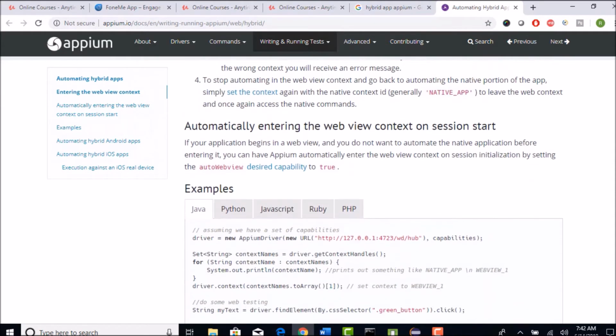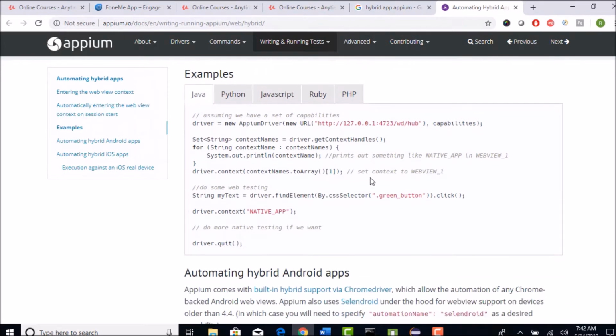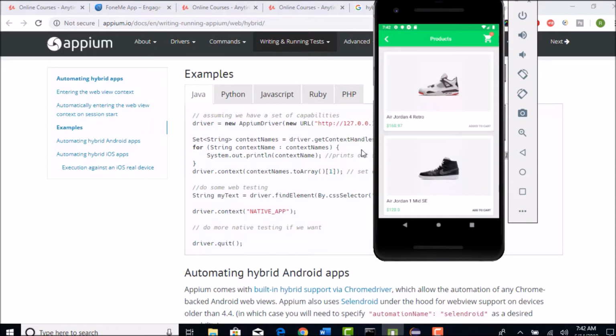Okay. So here with Java, you have a method called getContextHandles. You are asking Appium to get how many contexts this app currently has, and it will print two contexts, one native and one web view, because the getContextHandles method will scan your app and tell the nature of your app, like how many contexts this app can handle.